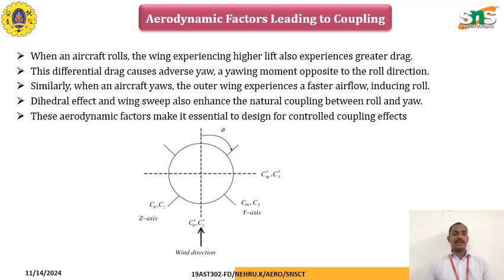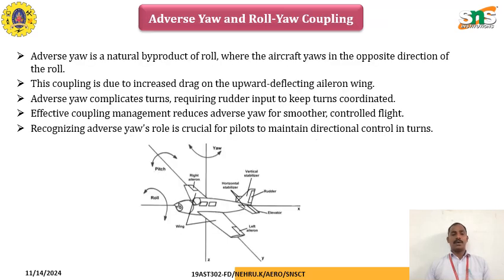Similarly, when an aircraft yaws, the outer wing experiences faster airflow, which induces a rolling moment. This is the dihedral effect, and wing sweep also enhances the natural coupling between roll and yawing moment. These four aerodynamic factors make it essential to design for controlled coupling effects, the adverse yaw and the roll